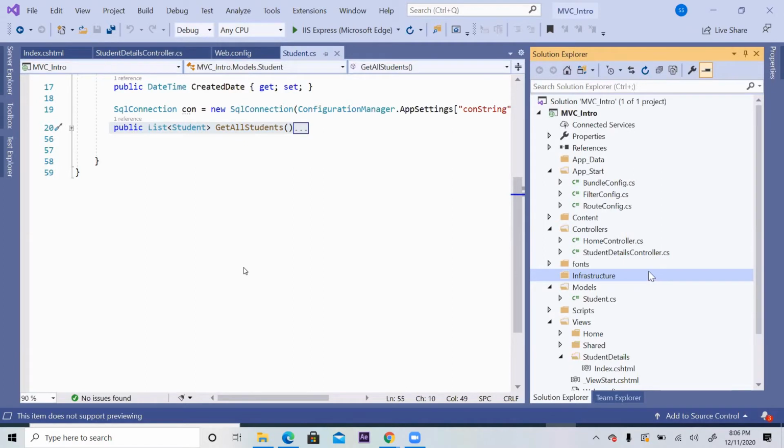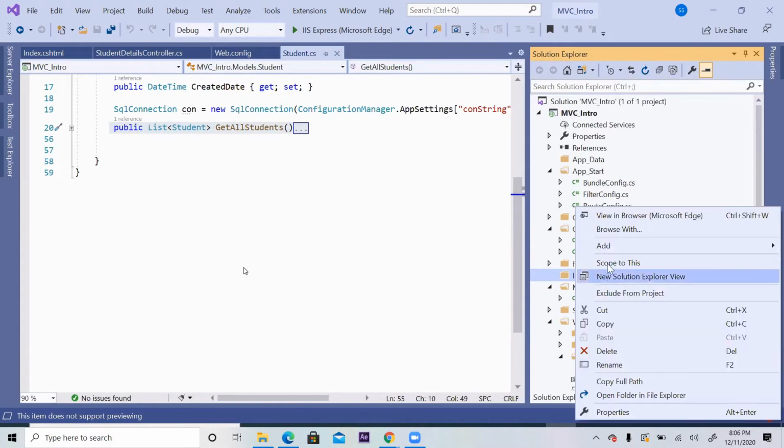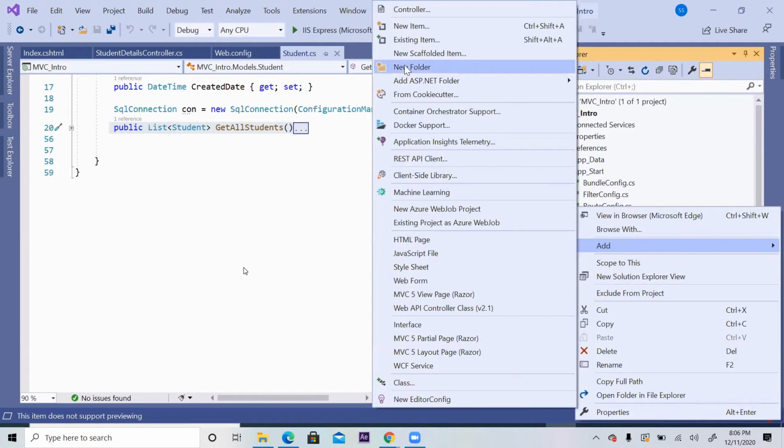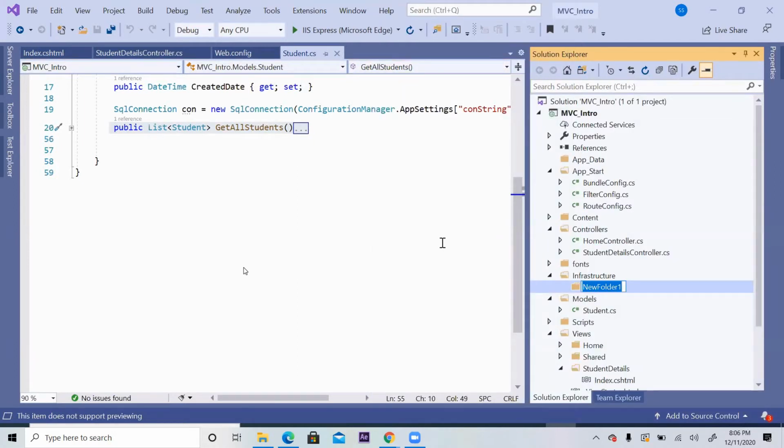So usually this folder is going to have 2 additional folders inside. One is called repository and one is called interface. Let's create that as well. That means any database related work: save the data into the database, fetch the data from the database, anything whatever our model was doing, those things will be taken to this layer. So name it as student repository,